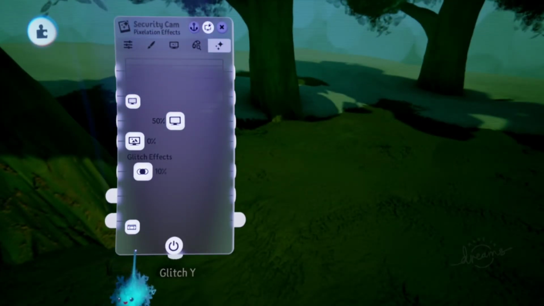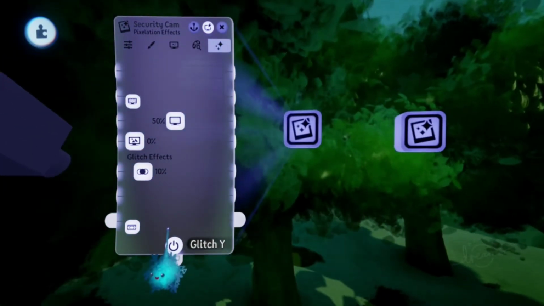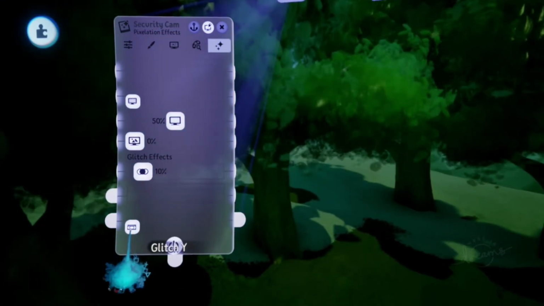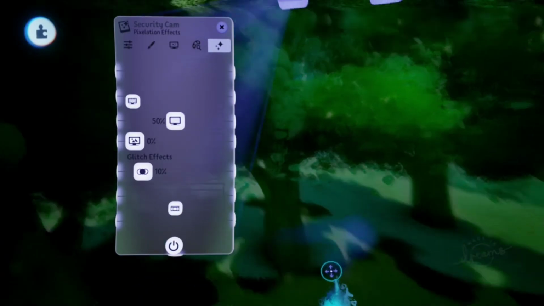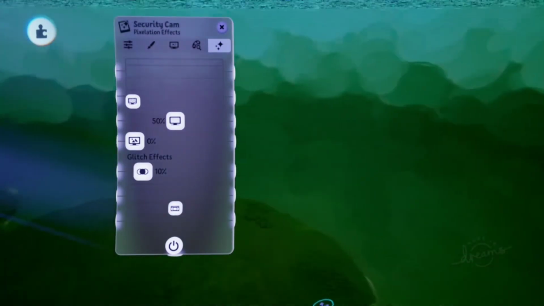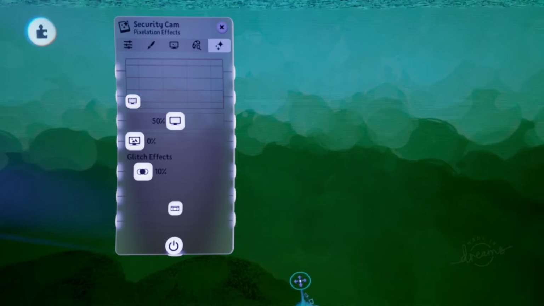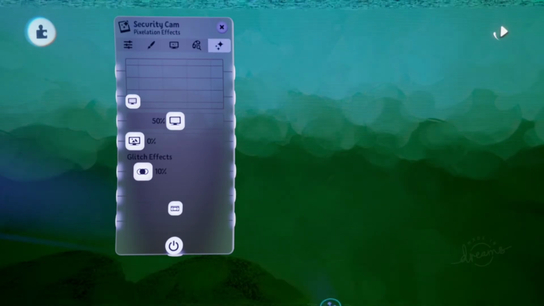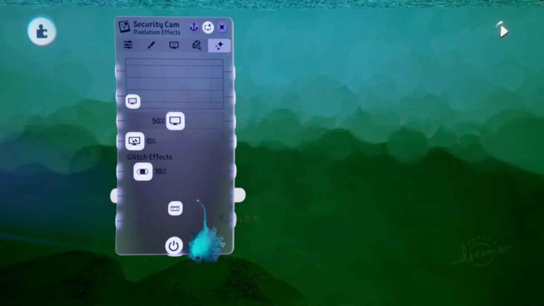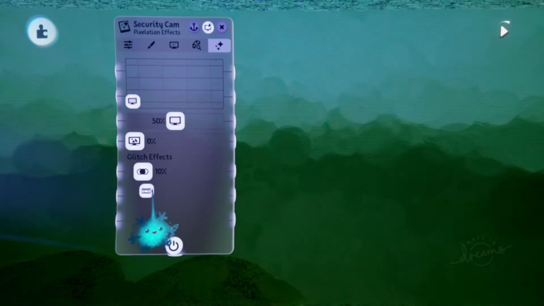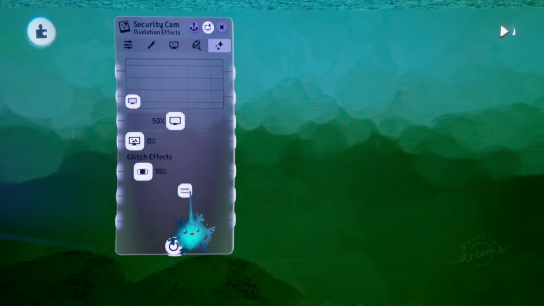Okay, and now the part where it all should start, and that is the glitch one. The glitch one is basically showing that it's a really old videotape or a camera, like a real life camera. So if I press play, you can see what I mean. You can see that this is playing around, and here you can say, okay, I really want to have some effects going on,